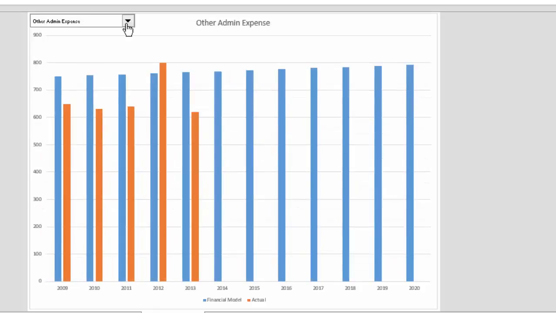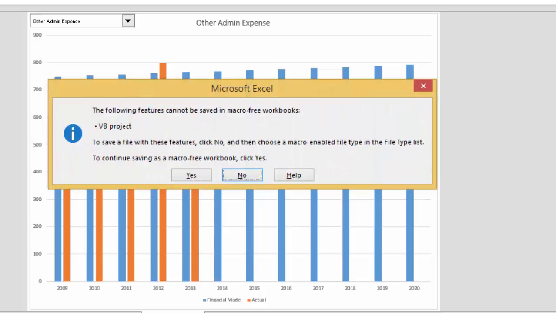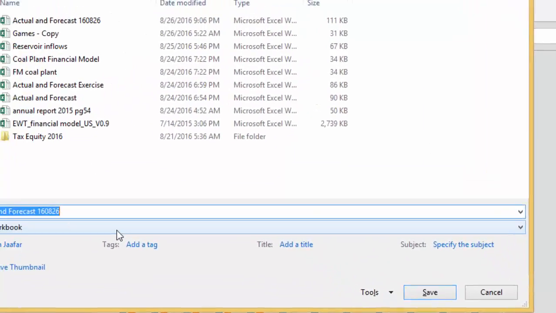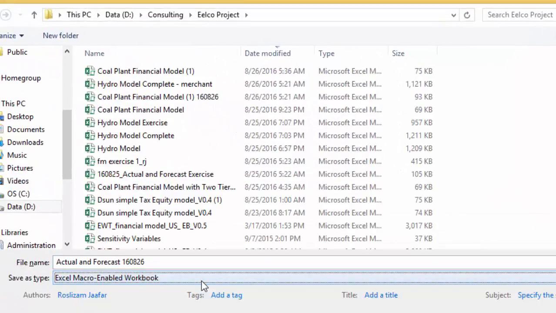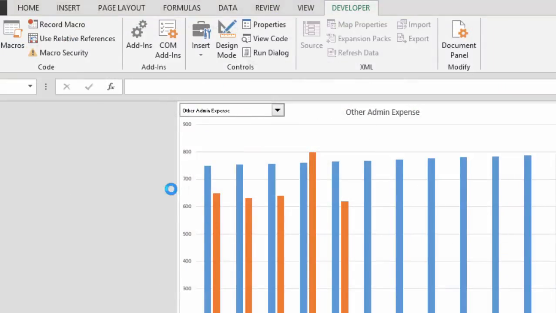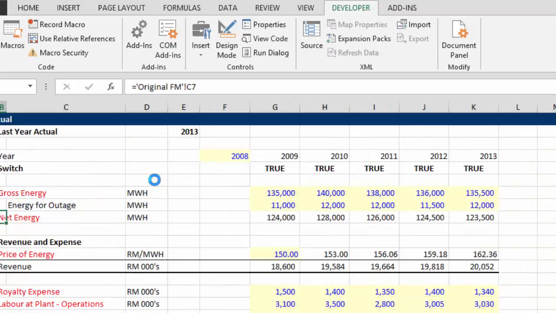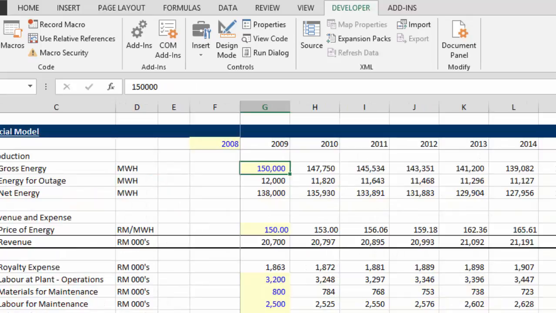Okay, so that's how to make a comparison. And it says macro free workbook, so now we've got to save this as a macro enabled file, and we're finished. Okay, and that's the end of this video, quickly showing you how to make a